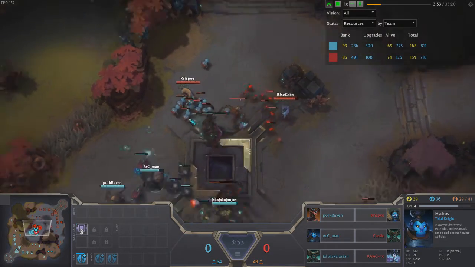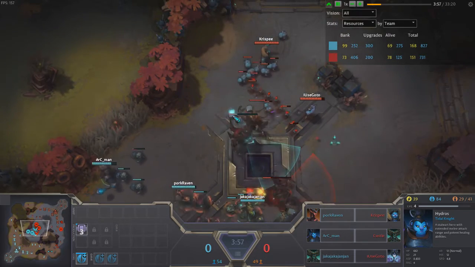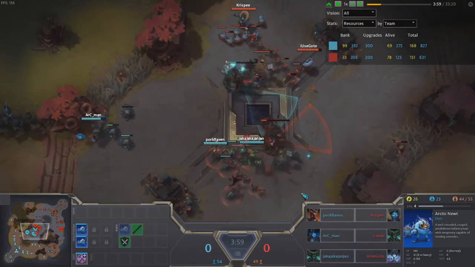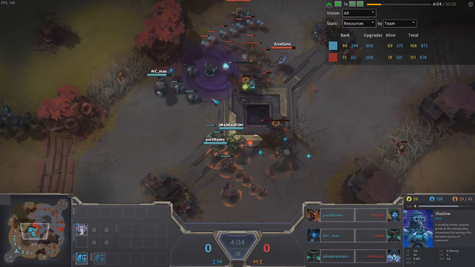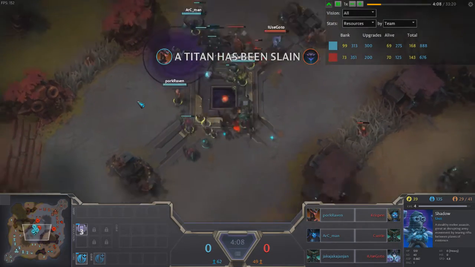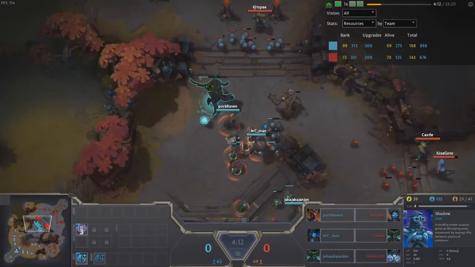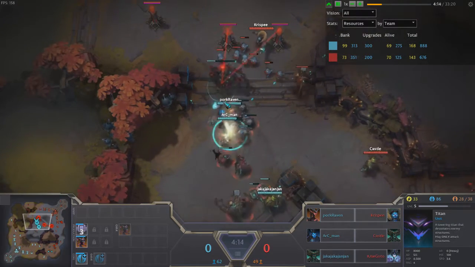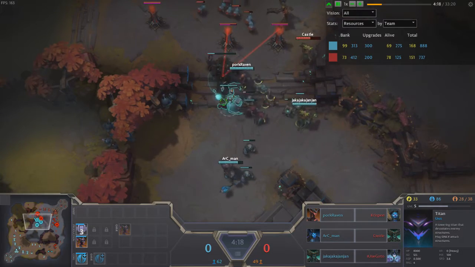Now it looks like they have finally managed to get those shadows taken down. There is still one left in here, so let's see what Arkman wants to do with it. The Bramblethorns are doing quite a little bit of damage, and that shadow is not all that efficient, and that was an extremely close Titan,